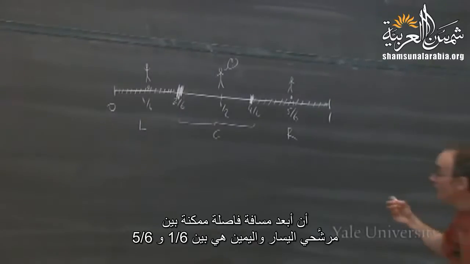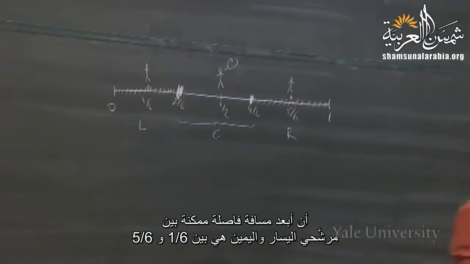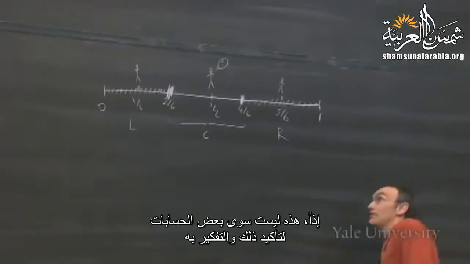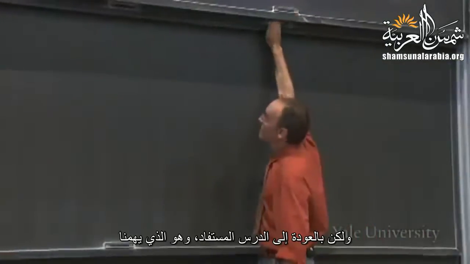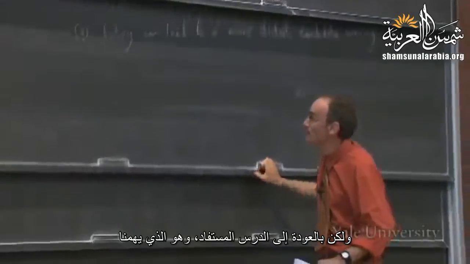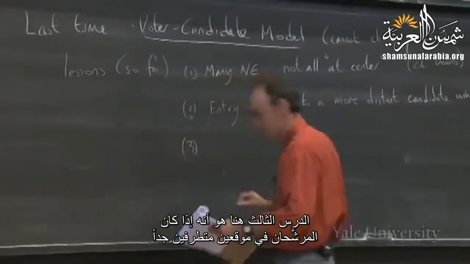All right? So just with a little bit of thinking, we can tell that in this very simple model, the furthest apart the left and right-wing candidates can be is at a 1/6 and 5/6. They can't go to the extremes, but they're not pulled all the way to the center. All right? So that's just a little bit of nerdy math, or nerdy thinking, to confirm it. But coming back to our lessons, which I guess is what we care about, the third lesson here is